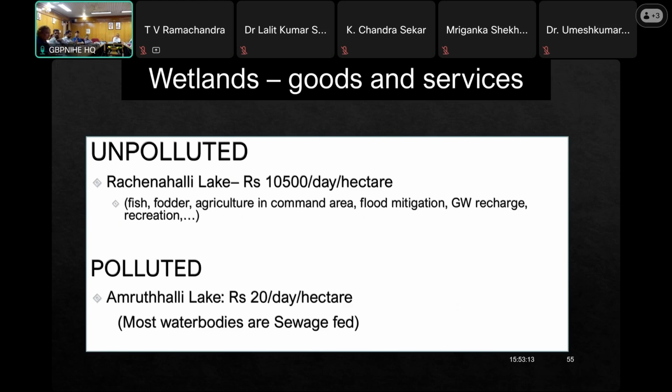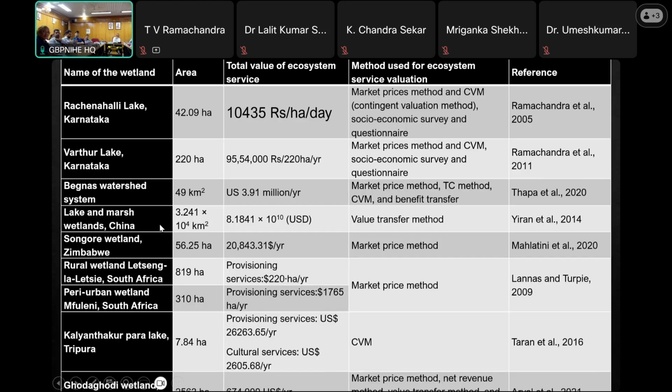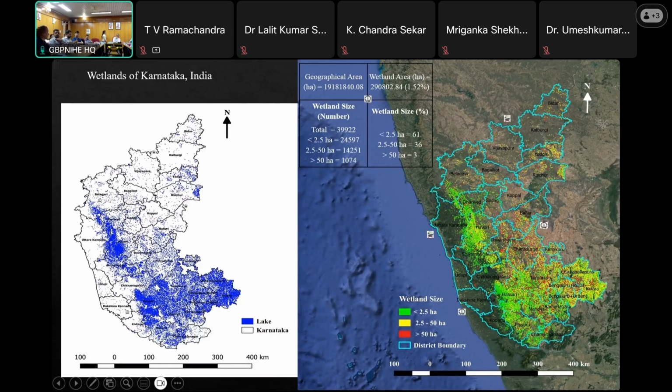These are the various studies people have done, and some of the studies are from my group. This is the wetlands in Karnataka. We have about 39,000 wetlands, whereas the Karnataka government said there are no wetlands in Karnataka when I was in the first meeting of the Karnataka Wetland Authority. But within a year, I changed the mindset. Not only did I get one wetland at the Ramsar site, in addition to that, today they say 14,000 wetlands